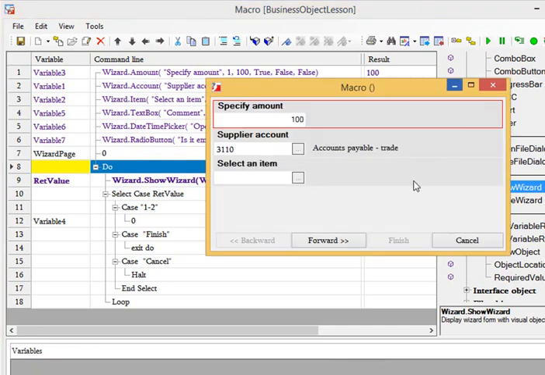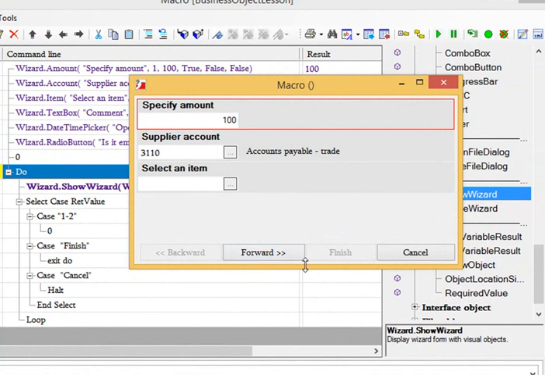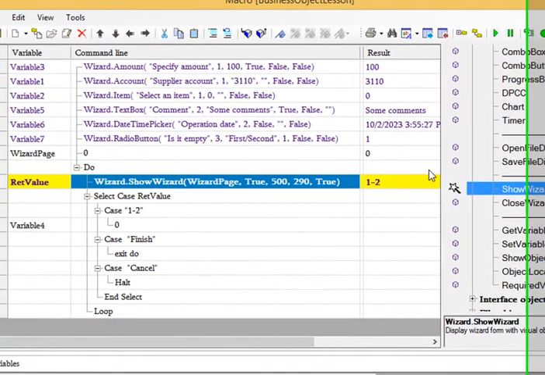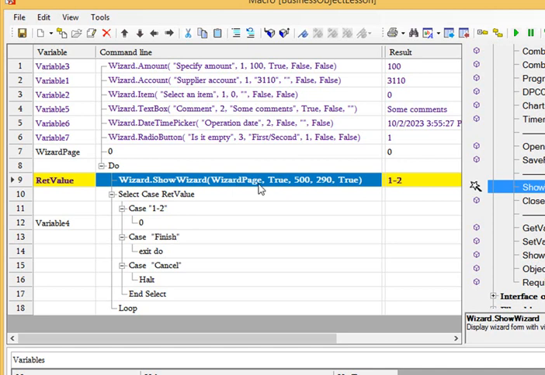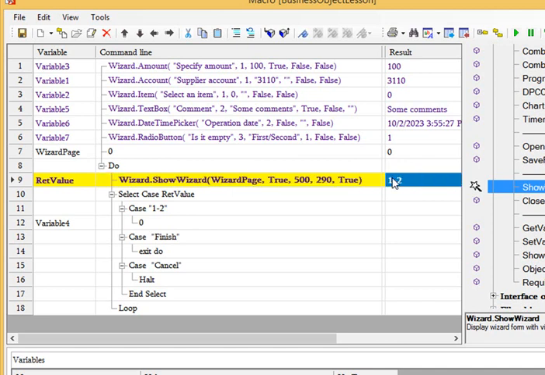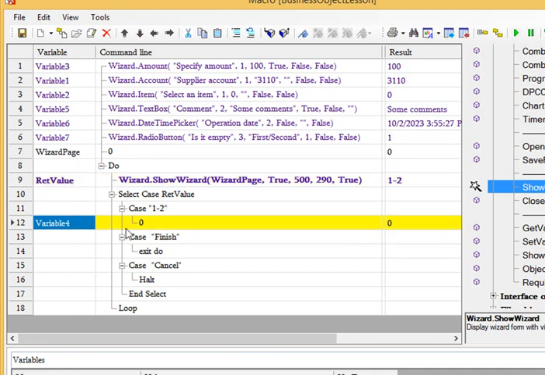And when this wizard form will appear again, we can go to the next pages of this screen, and note that only forward and cancel buttons are active here. If we press the forward button, in the result field of the show wizard command we can see 1, 2, and it means that we're going from page 1 to page 2. And then the variable red value is analyzed, and we enter the first case 1, 2,